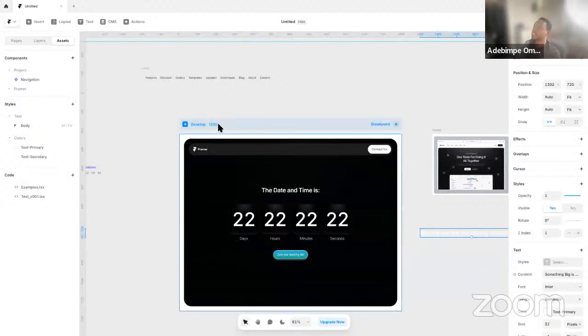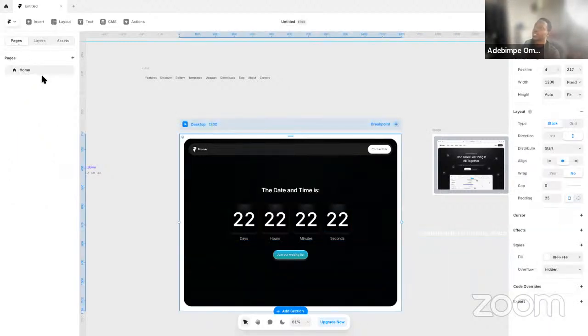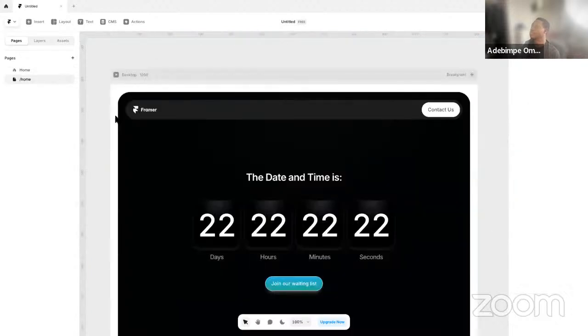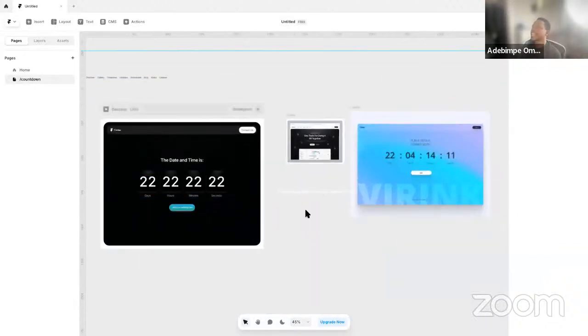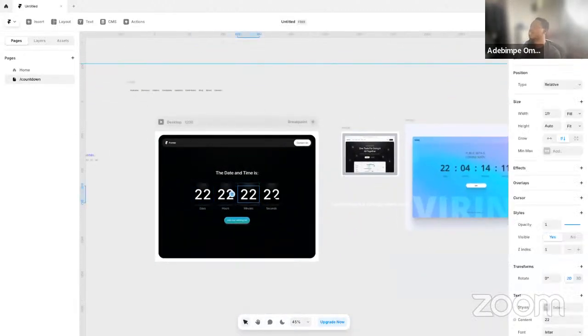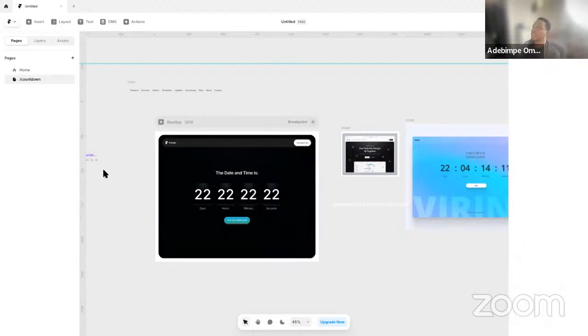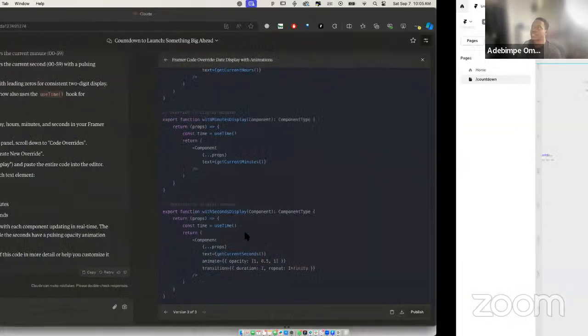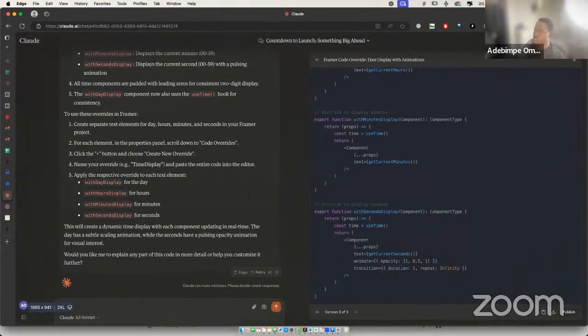So now that you have that, what I'm going to do is come up to pages here, right click or select this and just make it this page. Okay. So I'm going to call this one countdown, right? So this countdown now, I cannot break them up like this. It has to be one unified component. Okay. So what I'm going to literally just do is create a full code component that just shows a countdown timer. So I'll say good. Now